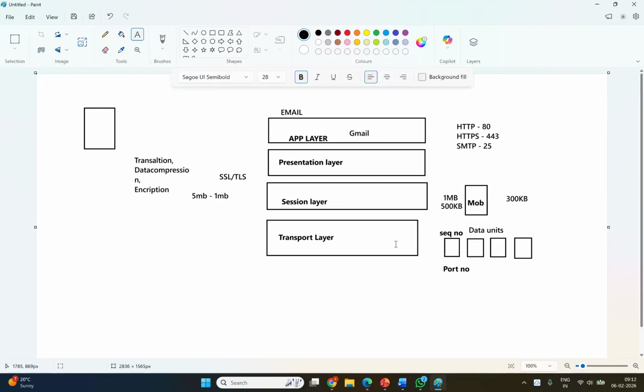Again it is going to ask, hey, you are sending too slowly, please send at least 500 kb, then I can get the data as soon as possible. So those things will happen exactly at this point, at the transport layer. So the segmentation is happening, the sequence number is given, the port number is given, and the flow control is also